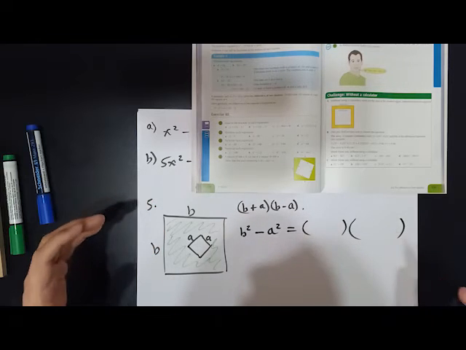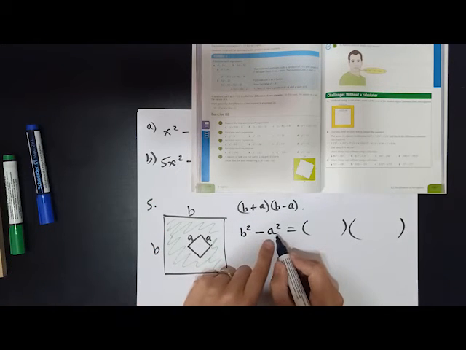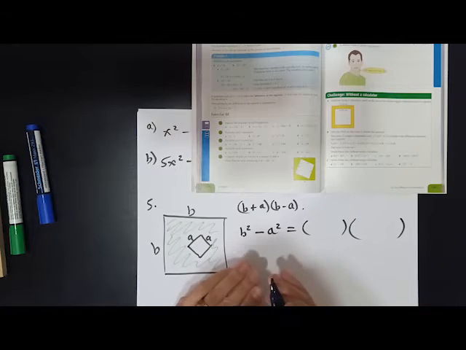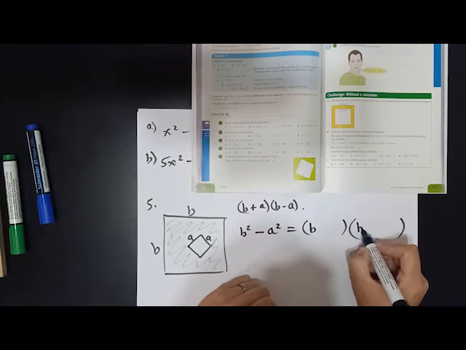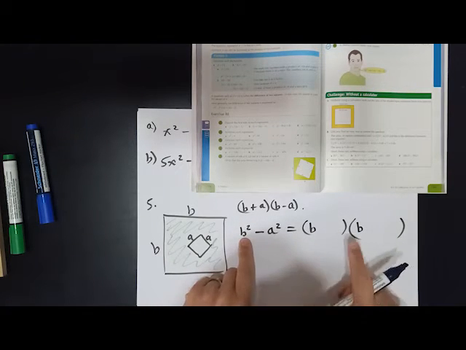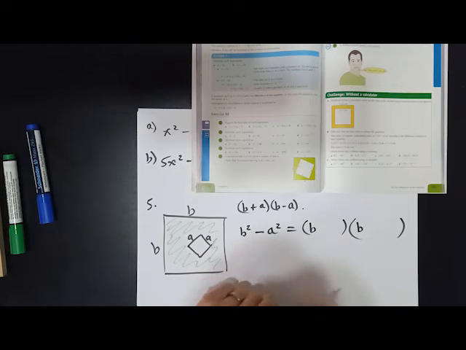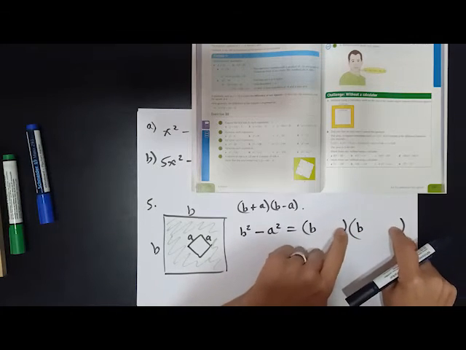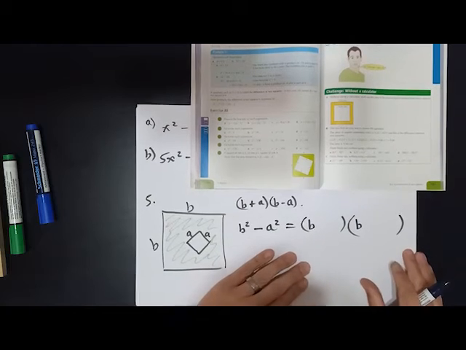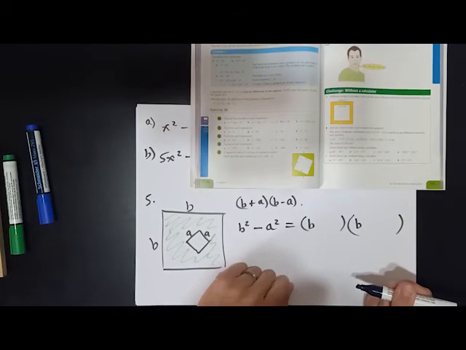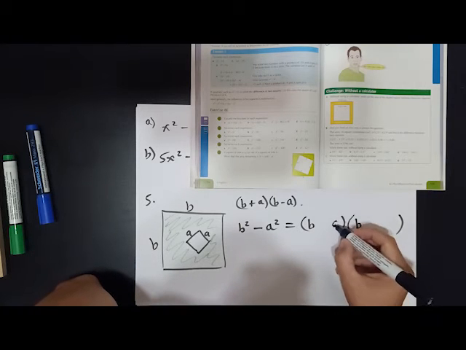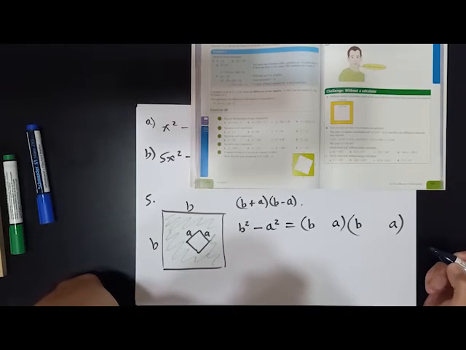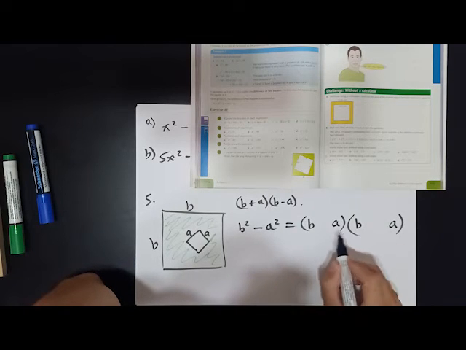Now, a lot of people are freaked out here because there's no number. Well, don't be freaked out. Same rules apply. We're going to have a B here and a B here, because those B and B multiply to make the B squared. Now, these two, except they're not numbers, they're letters, are going to multiply to make A squared. What two letters multiply to make A squared? It's A and A, isn't it? But then they've got to add together